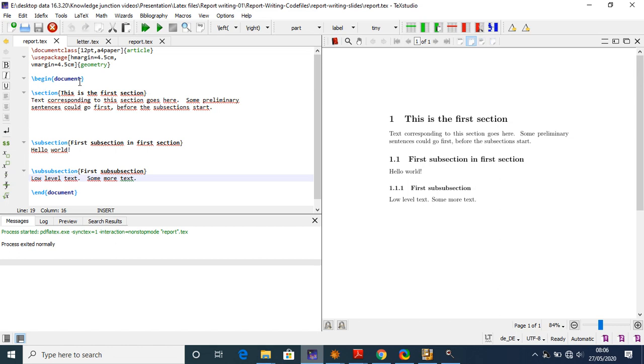And now, if I start with backslash begin document, I have to end this document by using this command backslash end document.